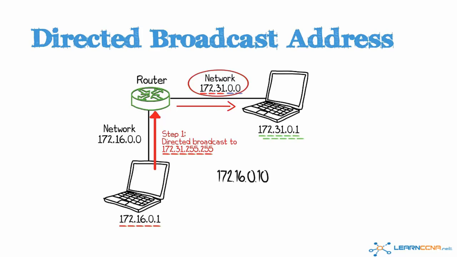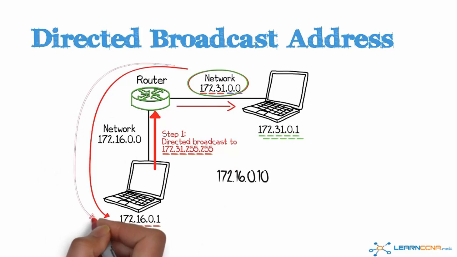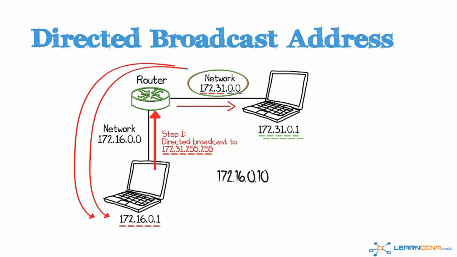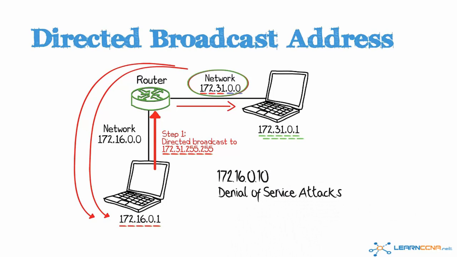172.31.255.255. All devices on this subnet would then reply back to the source address 172.16.0.1, causing a denial of service attack on that device. So a hacker is getting legitimate hosts on the network to cause a denial of service attack on another host